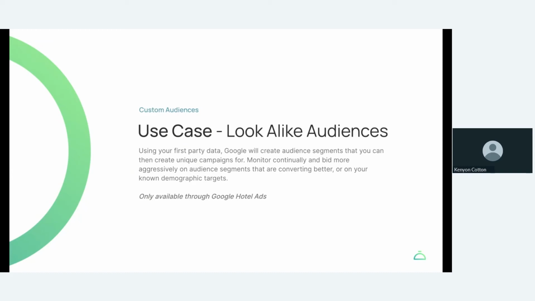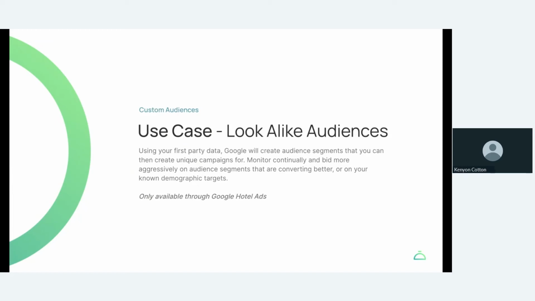Really, and this touches on your bridge and why it's important to focus on your first party data, because as we mentioned earlier, cookies and third-party tracking is going away. So this is a technique that is similar, which can help you continue to find new guests for your property.